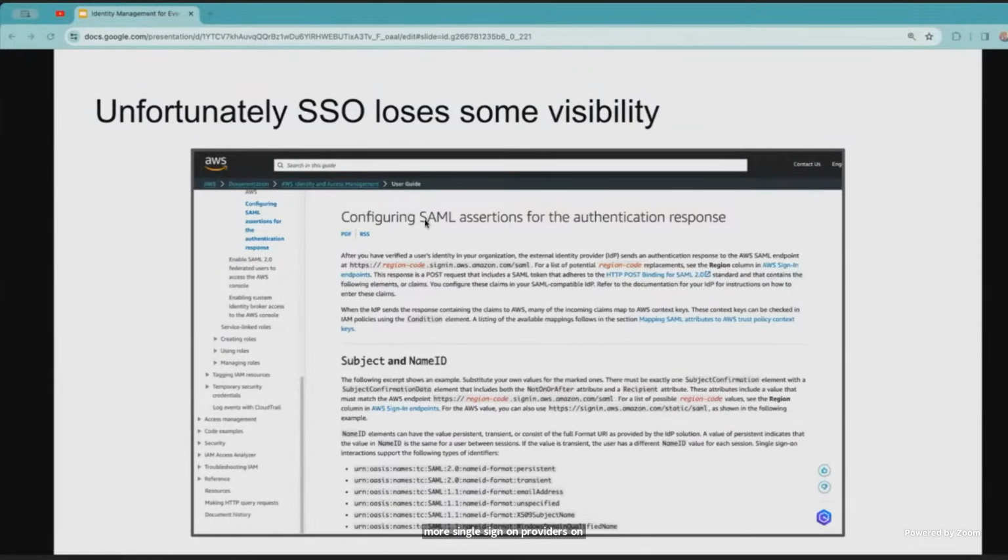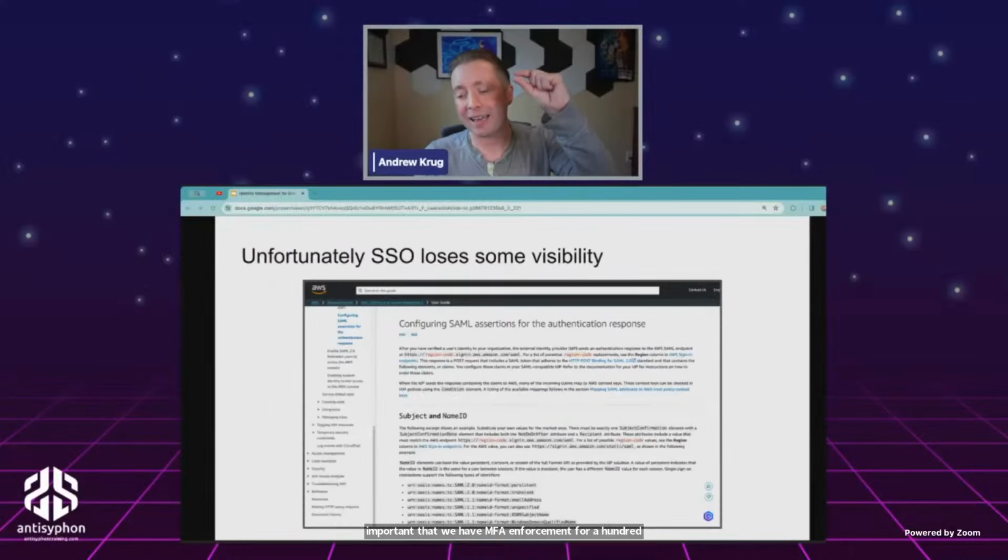So in the case that you're not using cloud provider single sign-on, or you're not using built-in accounts, all we have is what's available in the SAML assertion. So we go through the SAML flow, the SAML assertion sends a big blob of XML, and not every cloud's policy grammar allows you to differentiate on custom claims. So now we have to audit, did MFA happen in 2 different places, which is where it gets to be really important that we have MFA enforcement for 100% of things, and we're controlling that at the identity provider instead of in the cloud environment.